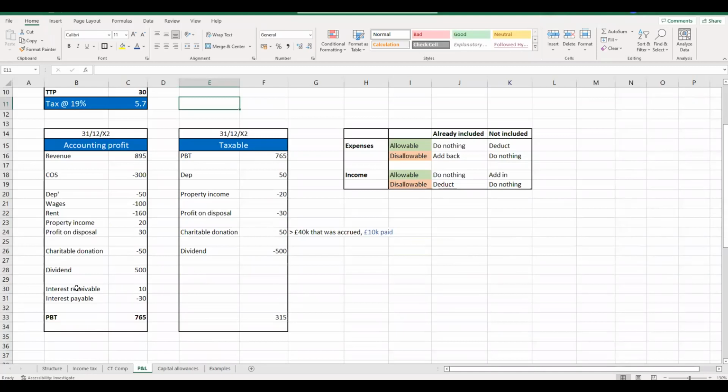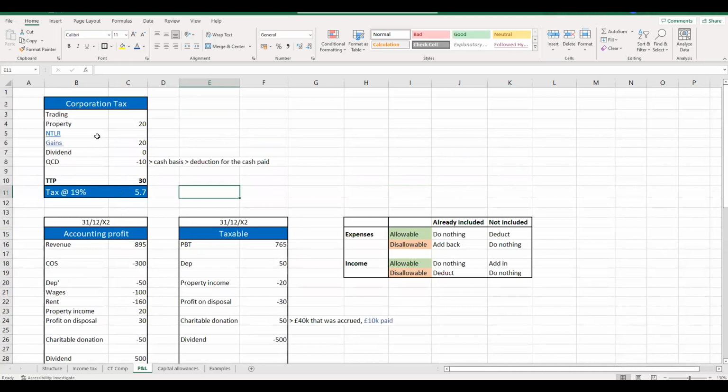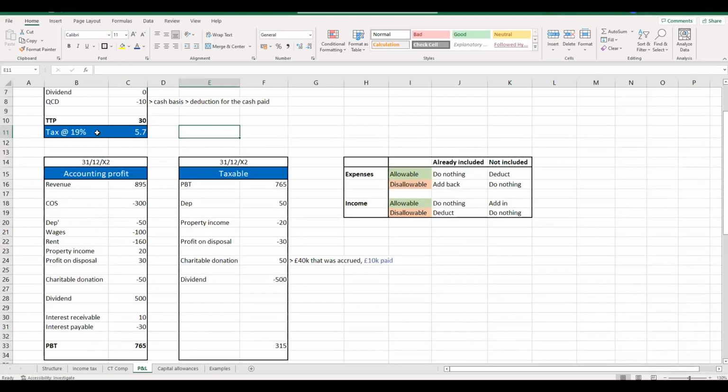Then we move on to interest receivable and interest payable. With interest receivable and interest payable, there are two buckets, as it were, that those types of things could fall into. They could either be non-trade, so they could have nothing to do with your trade, or they could be trade related. And this is where we get to the idea of a non-trade loan relationship. So if we start with interest receivable, this is quite a nice one, because it's quite rare actually in the scenario questions to have trading interest receivable.